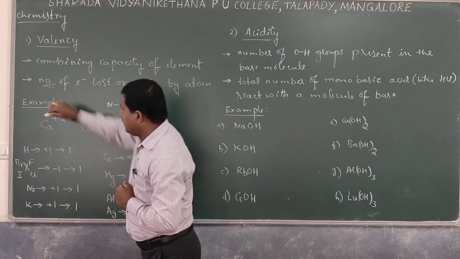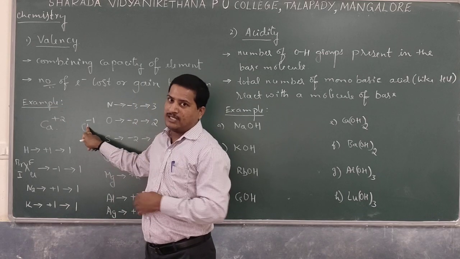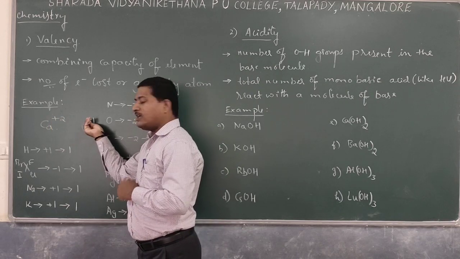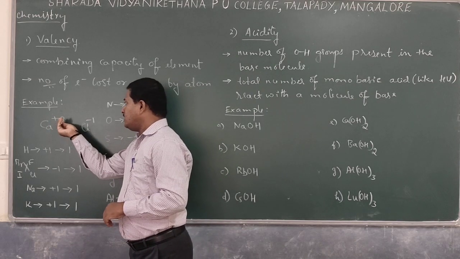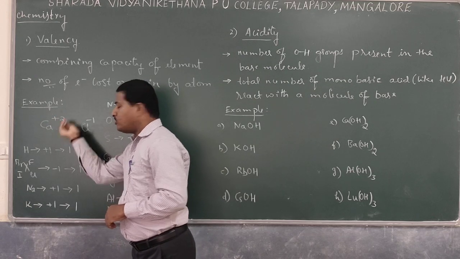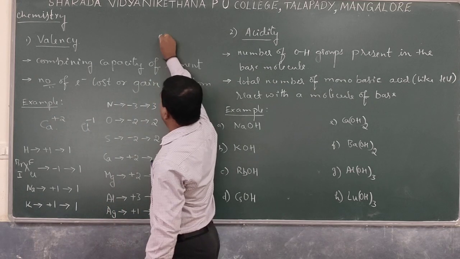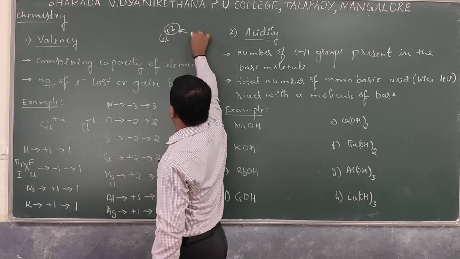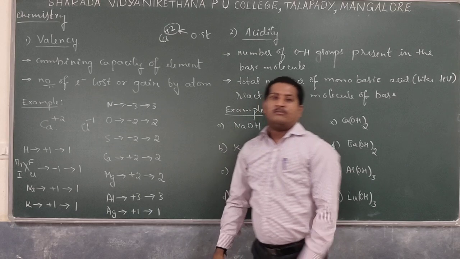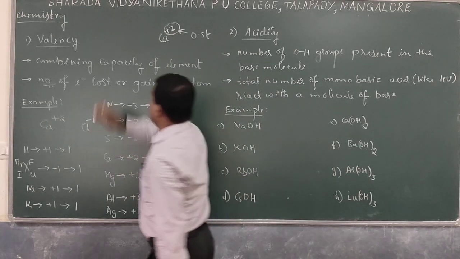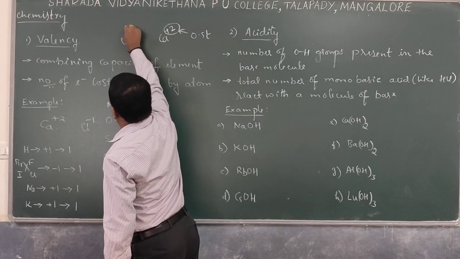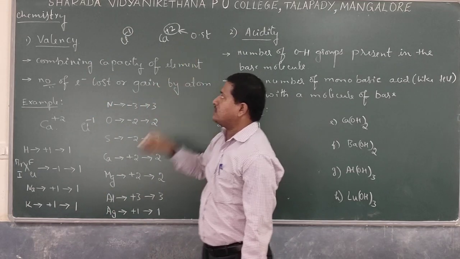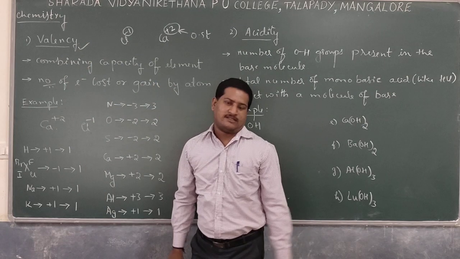So this plus indicates the charge possessed by the element after loss or gain of electron. Plus indicates charge, here also minus indicates charge, and here plus 2 together tells about the oxidation state. You must know. So calcium shows plus 2, nothing but plus 2 stands for oxidation state. Similarly, chloride ion, Cl minus 1, totally minus 1 tells about the oxidation state. And in that oxidation state, our valency term is present.